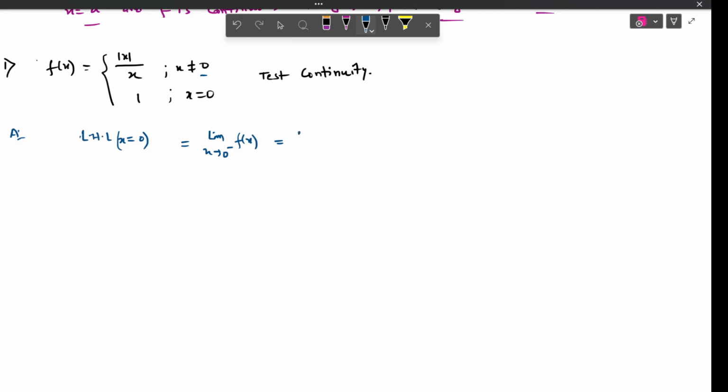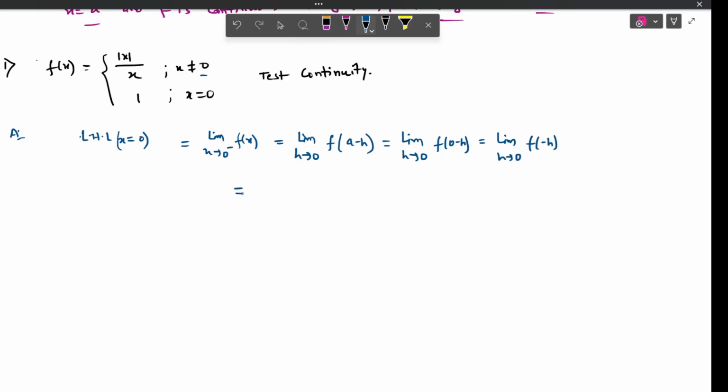that is equals to, always remember, you have to convert x tends to 0 minus or 0 plus into h tends to 0. So if you convert this into h tends to 0, then the function would change into f of a minus h. If this is left hand limit, then it should be a minus h. Okay, now the point is 0, right? So you can say limit h tends to 0 f of 0 minus h, that is limit h tends to 0 f of minus h,